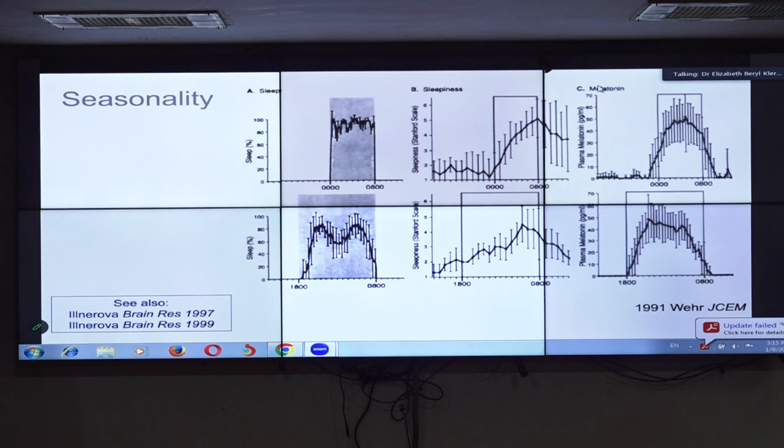We also know that seasonality affects the relationship of a particular circadian marker, because the timing in which the light and dark changes. So right now, during the winter, there are many fewer hours of sunlight and many more hours of darkness. And in this particular study, that meant that people's melatonin, one marker of circadian phase, started rising at a much earlier clock time than it did during summer. So the seasonality or the light exposure may affect your circadian marker, and therefore that's another example of why clock time does not necessarily give you circadian time.